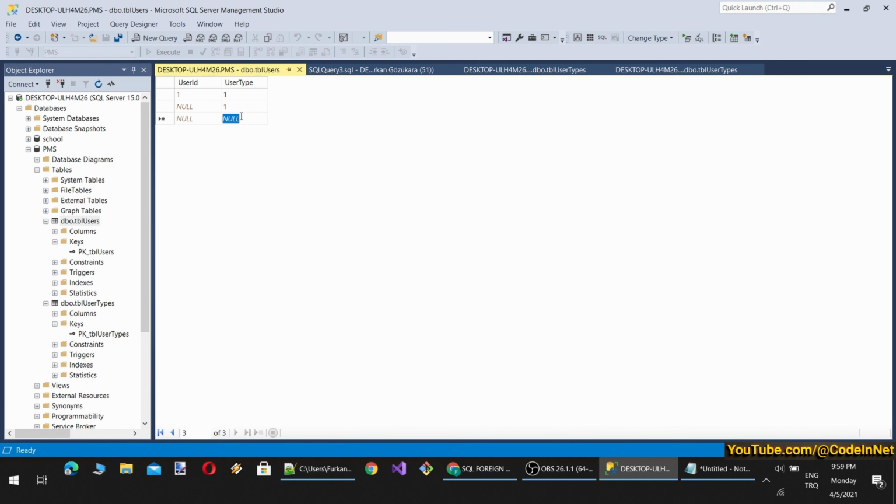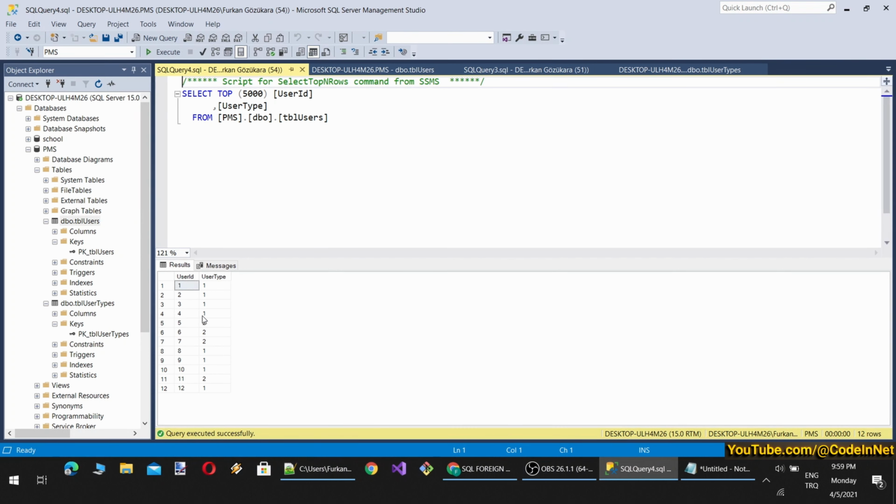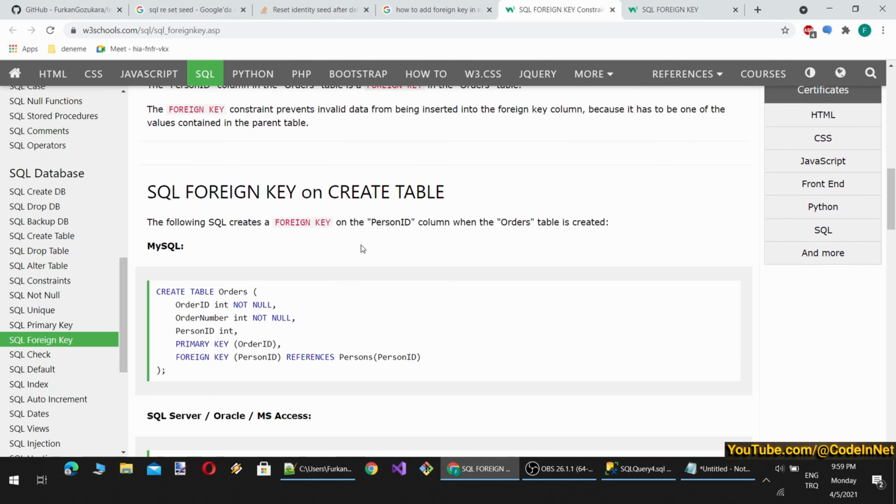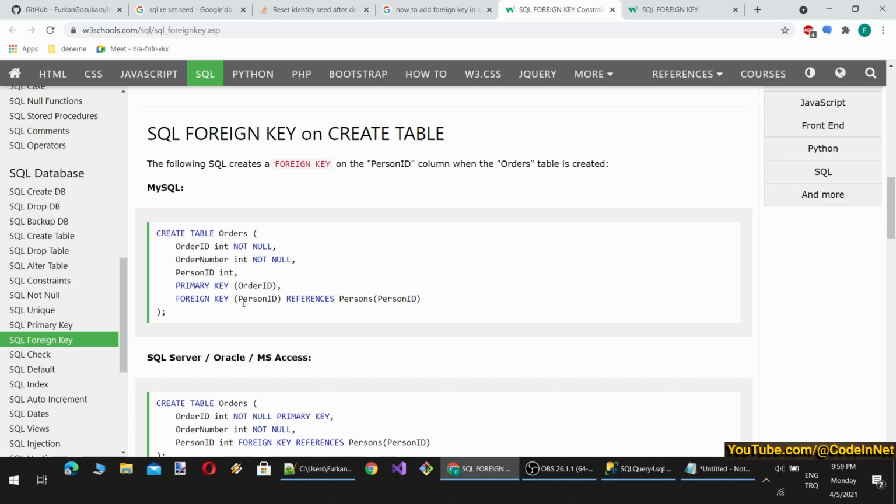So 1, 1, 1, 1, 2, 2, 2, 1, 1, 1, 2, 1. Okay, whatever. They are all done. Okay, so you see some values are not updated here in the edit window. Why? Yeah, it's the designer simply. Now when we select, you see they are all incremented. So how do we compose a foreign key?